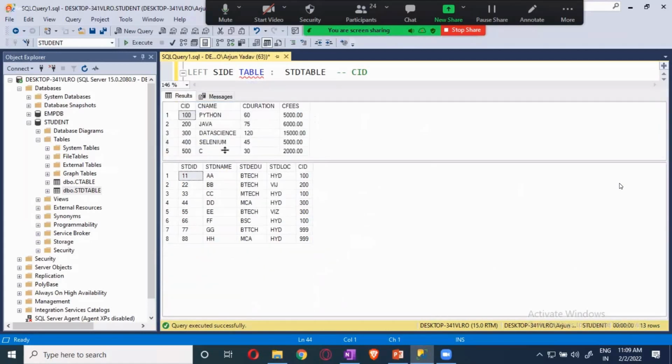What it will do is, the left side table, this is the guy who is on the left side. For each student, you will be getting whatever the five course details are there, printed for each student. So this student will be printed 5 times for each and every course, then this student will be printed 5 times, and this student will be printed 5 times. The total number will be 8 into 5, so you will get 40 entries.